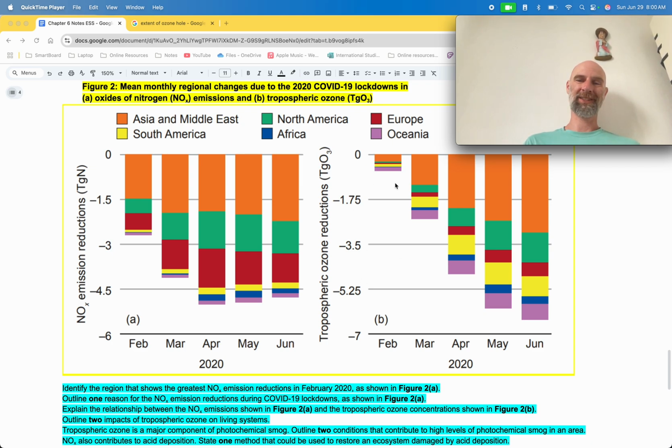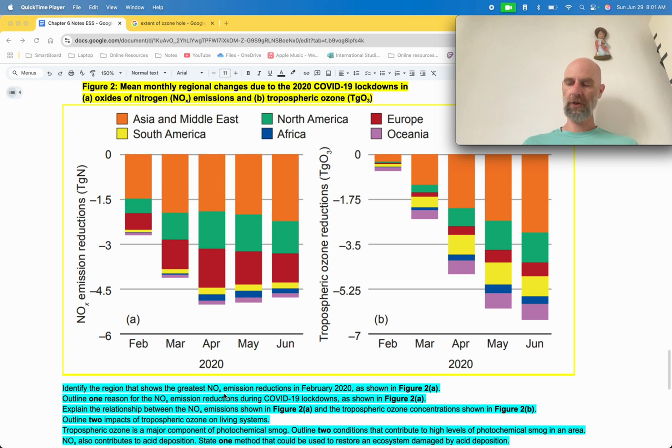Ozone reductions. So, yep. Hey, a little bit. Hey, we're getting somewhere. Oh, now we're on a move. Ding, dang. All right. So, identify the region that shows the greatest nitric oxide emission reductions in February 2020